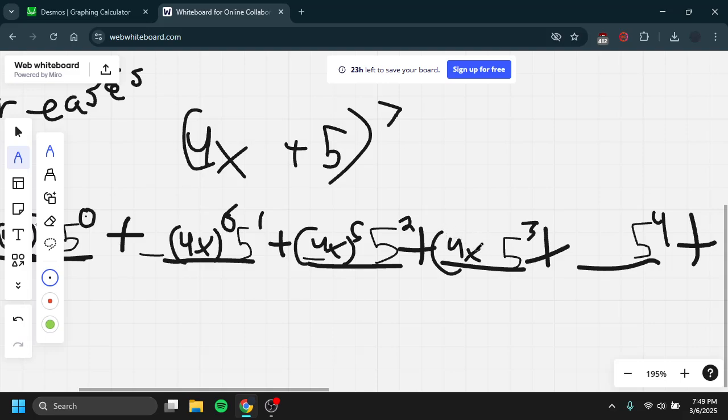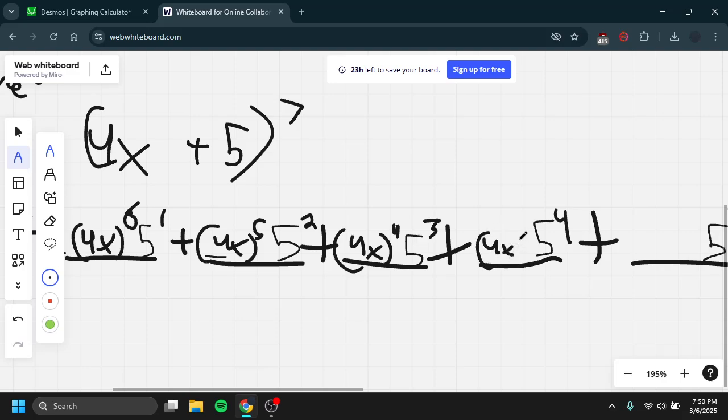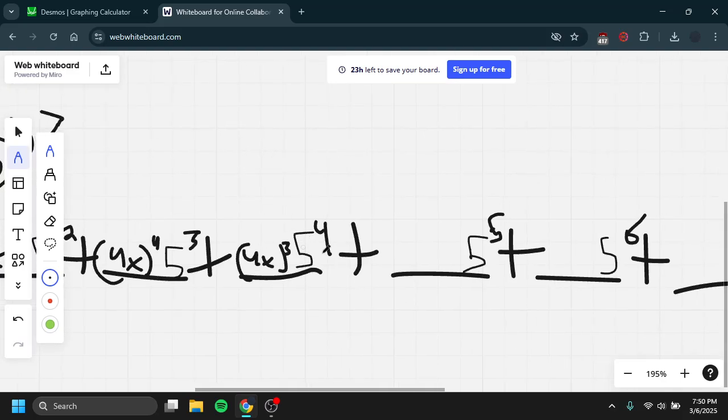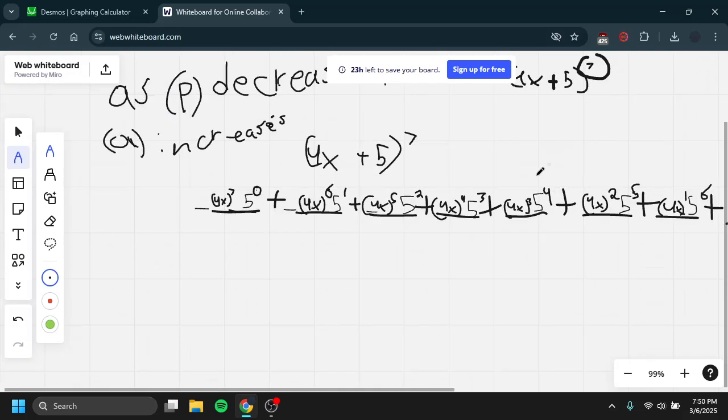4x to the 4th. 4x to the 3rd. 4x to the 2nd. 4x to the 1st, and finally 4x to the 0. Now we have our basic outline set up. We start off with this 7. We have our 5 to the 0 power,